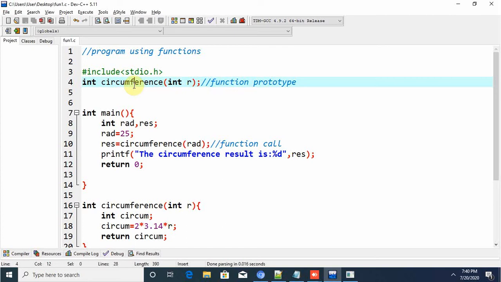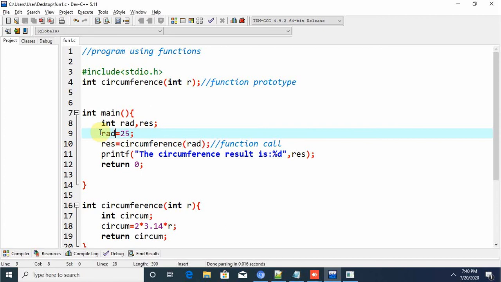And this is my function name. The function name is user defined. We can give any name for this. And here we are passing arguments. Within that bracket we call them arguments. Arguments are nothing but the variables. These are called formal arguments, formal parameters. The actual parameter is this one, RAD. RAD is the actual parameter, which means actual argument, we can say.